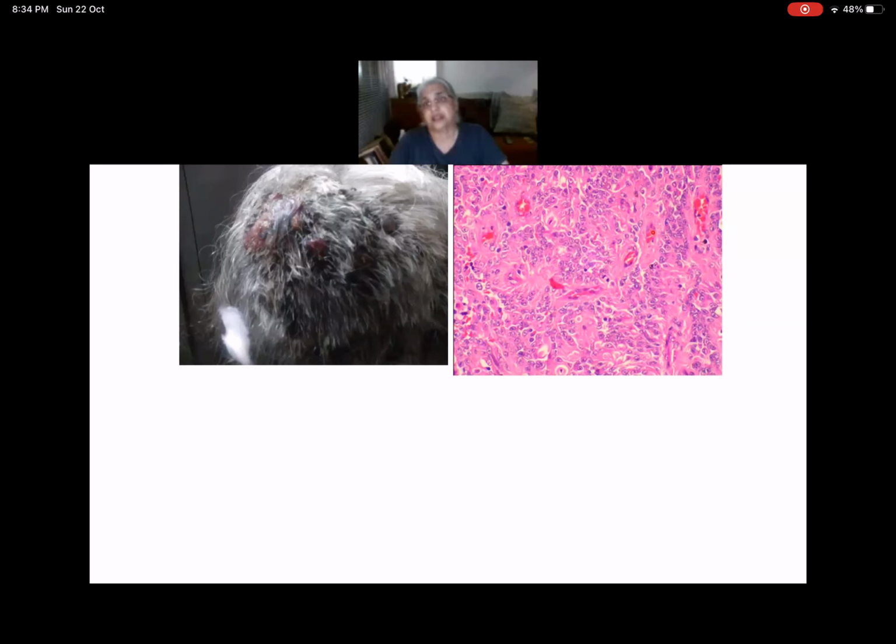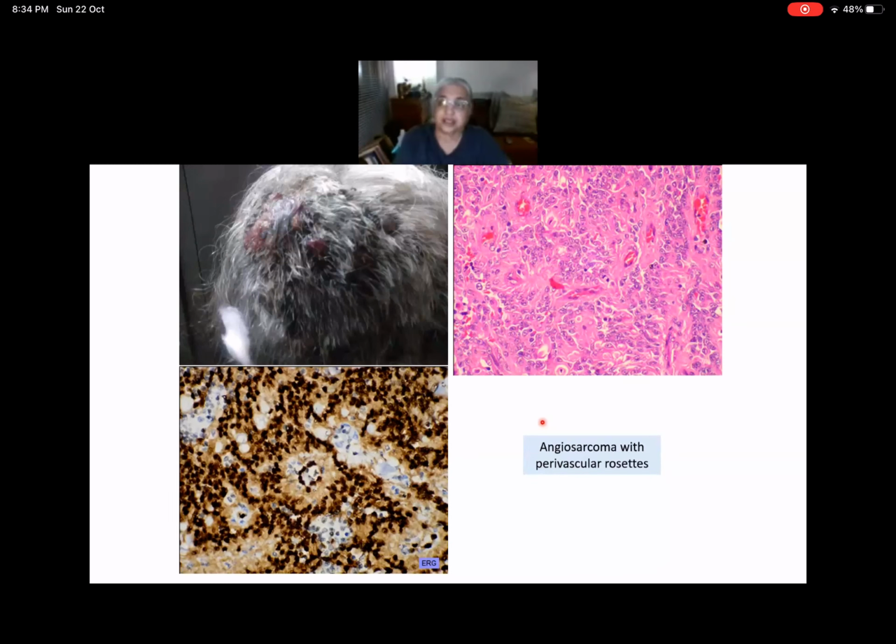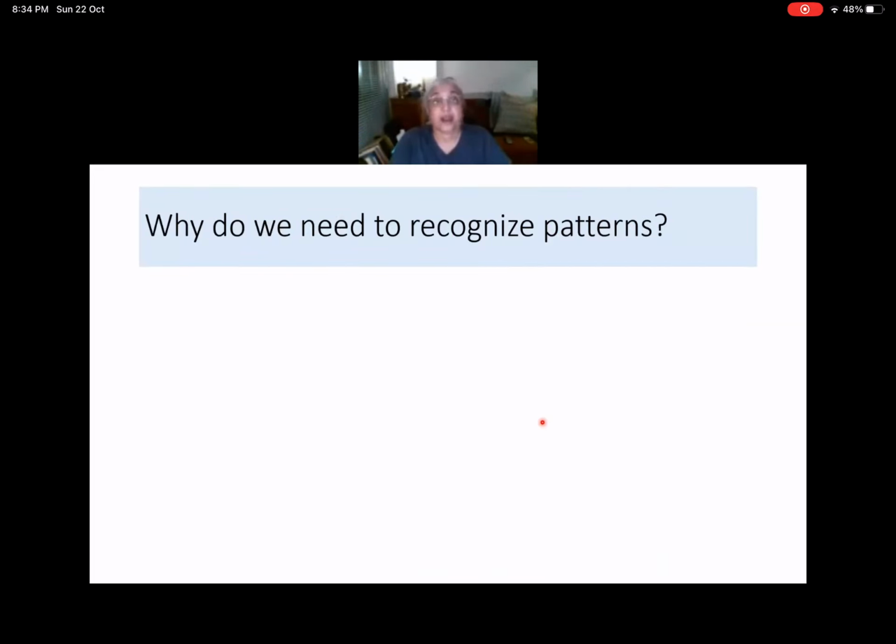All right, this is a very hemorrhagic lesion sitting in the scalp. This is the tumor. But I don't care whether you know what the tumor is. What is this pattern? What do you see in the center over here? A blood vessel. And then what do you see around it? Pseudorosette. Perivascular pseudorosette. So there you are. It's an angiosarcoma with perivascular pseudorosettes. It shows better when you do a stain for the endothelial cells, which is